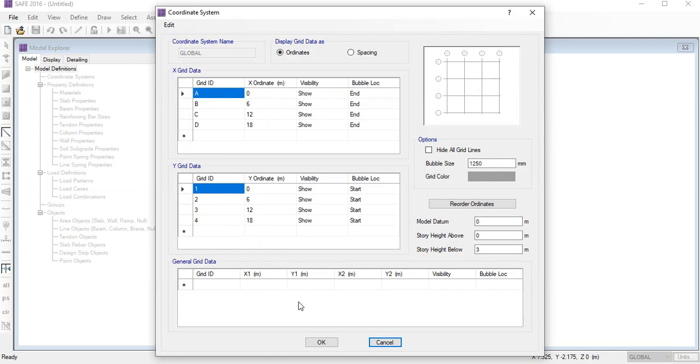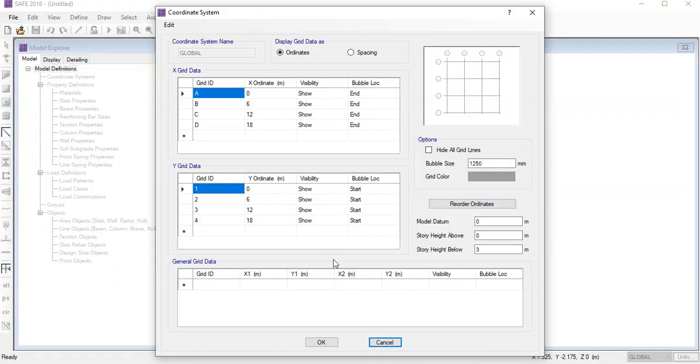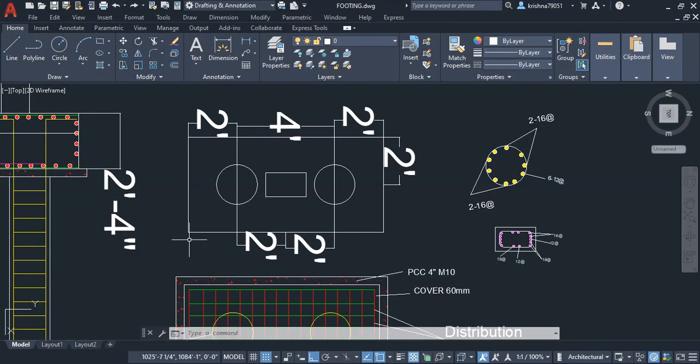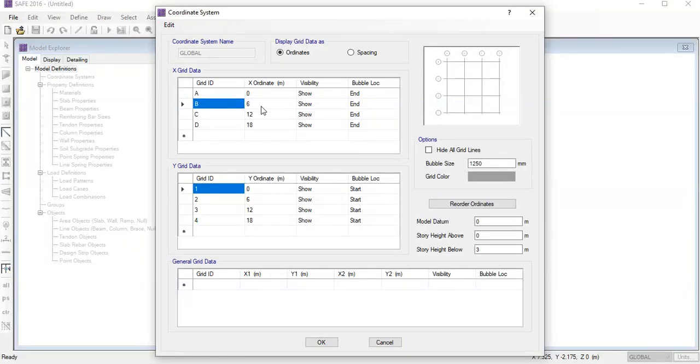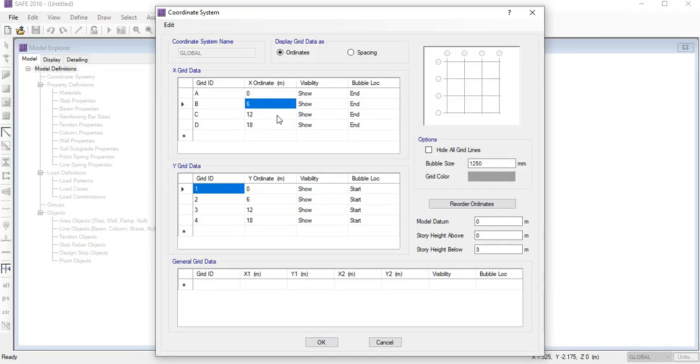We will take the grid from the AutoCAD. There is an x direction and a y direction. In the x direction we are going to provide grids 1, 2, 3, 4, 5. Here the distances are in feet, but SAFE requires meters, so we will convert the unit. We consider this the first grid, so the distance is 0. We will put here grid A, distance 0. The second grid is here, and the distance from 0 is 2 feet. We will convert 2 feet to meters, so it will be